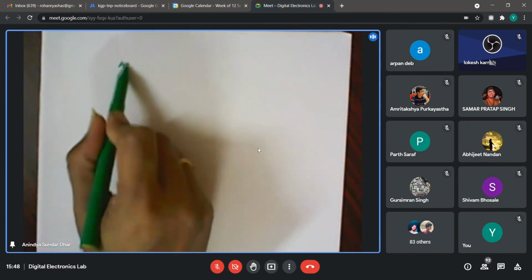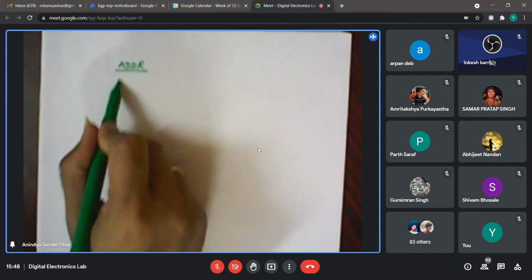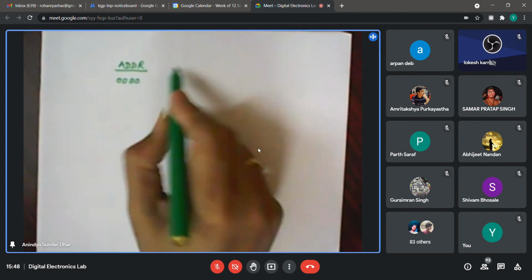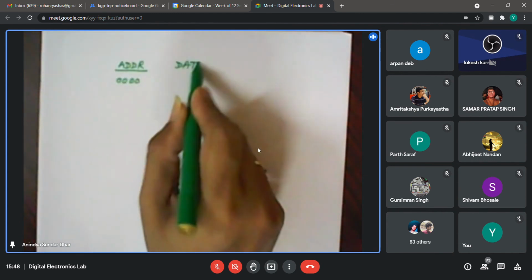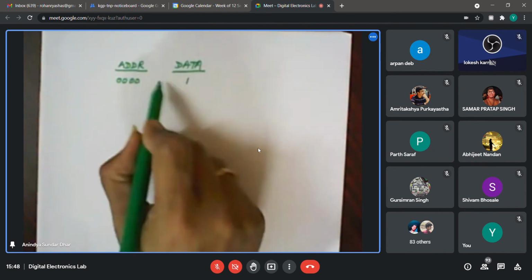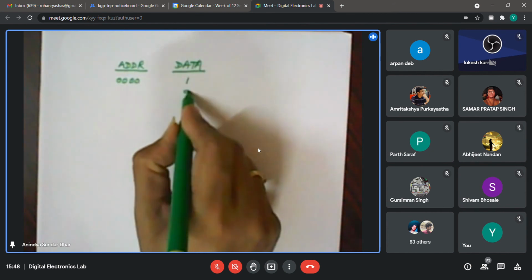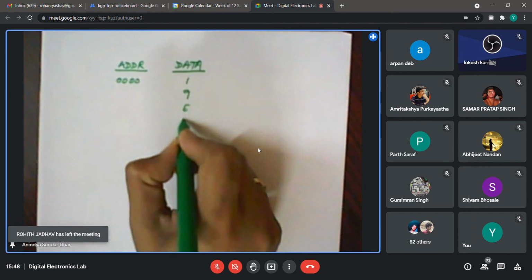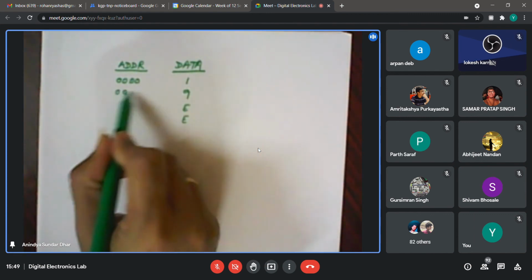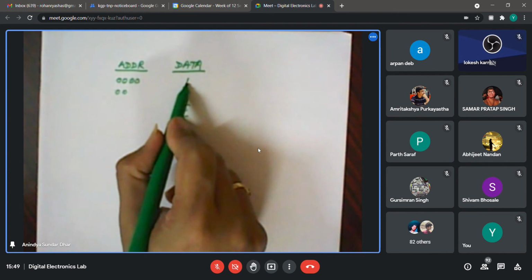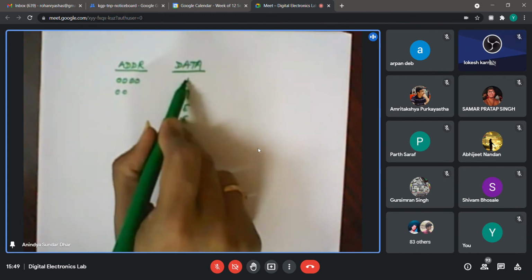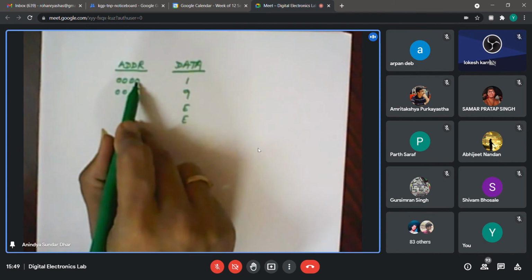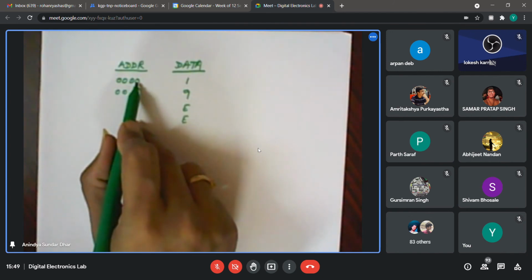Suppose our first address, if I reset that counter, will certainly be 0000, right? Then depending on your roll number, you are sending some data. I'm just writing 1, corresponding to 0001. Then maybe you will be storing 9, and I'm writing in hex or decimal format, whatever. Then we will put E and so on. Suppose I press the ASCII keypad 1, a strobe will be generated, right? That strobe will write this data into this specific address location. Is that fine?